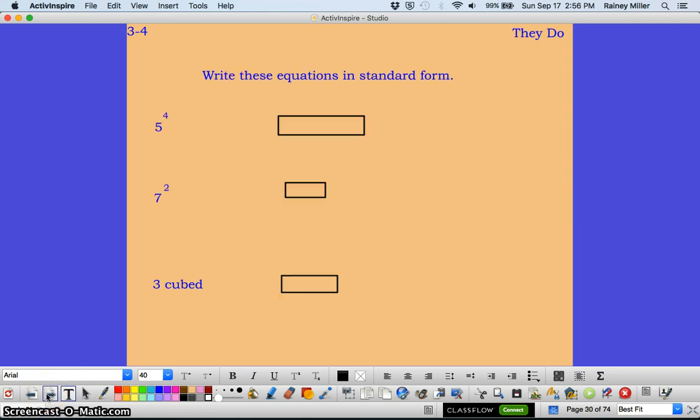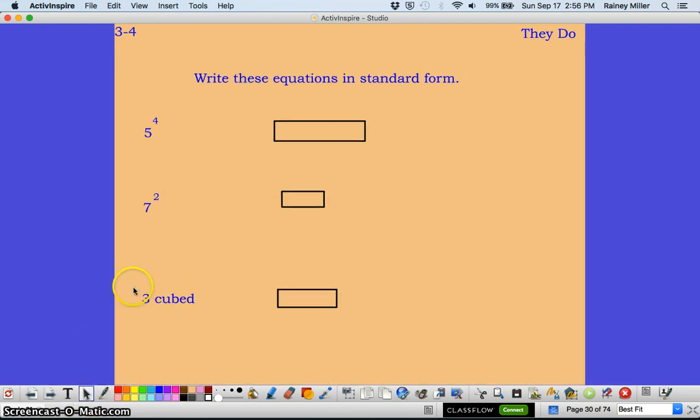All right, now it's your turn to try it. Go ahead and try to come out with the answer to these three problems. Go ahead, stop the video and try it out. Let's see how you did. 5 to the 4th power. So the math problem that you'd end up with is 5 four times. So 5 times 5 is 25, times 5 is 125, and 125 times 5,